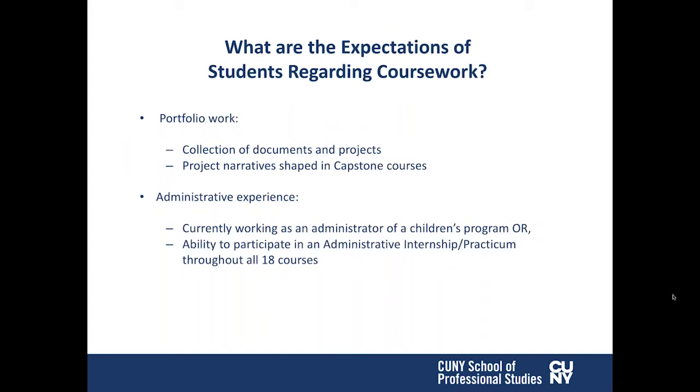Each of the 18 courses within this program prepares students to successfully develop the CPAC portfolio. The portfolio consists of a collection of documents and projects addressing the 6 topic areas of CPAC. At the end of the program, the capstone course helps students develop the project narratives required as part of the credentialing process, all while assisting students with the actual assembling of the portfolio. Students also receive guidance on the process of the CPAC portfolio review.